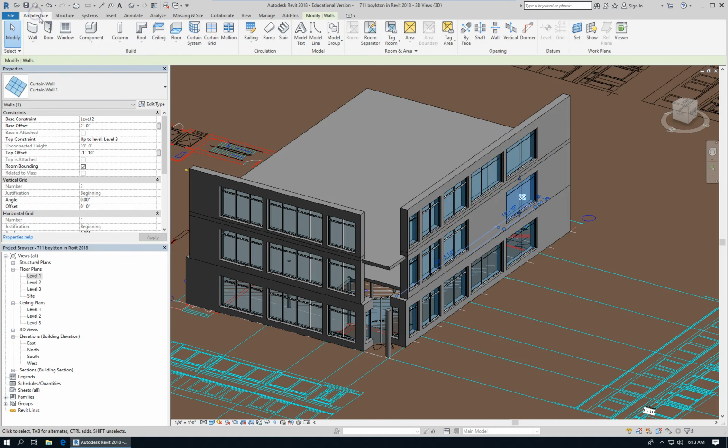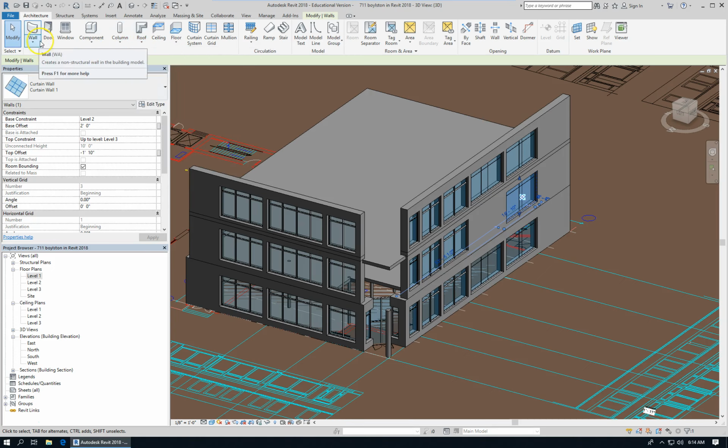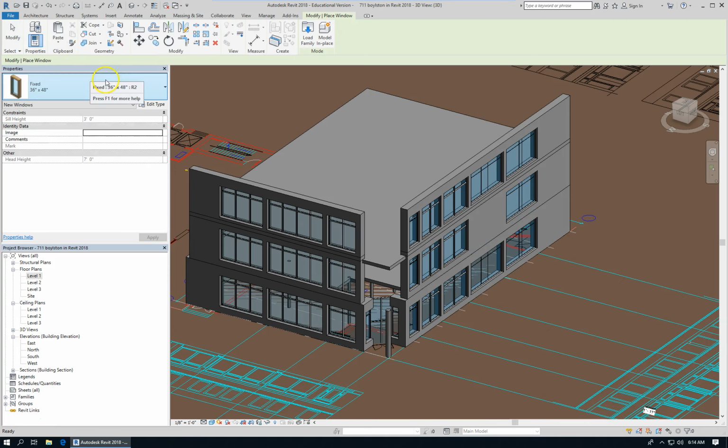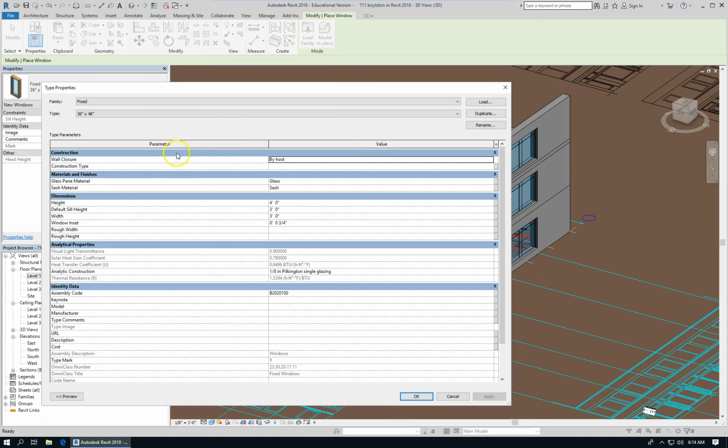So you would go Architecture, Window, and then if you can't find a window that's the correct size, you would edit the type and make one. So if I needed a window that was, let me just go do that straight away. Go edit type,